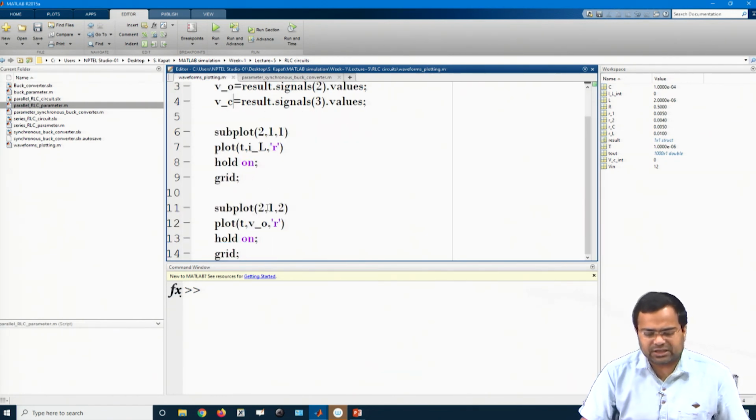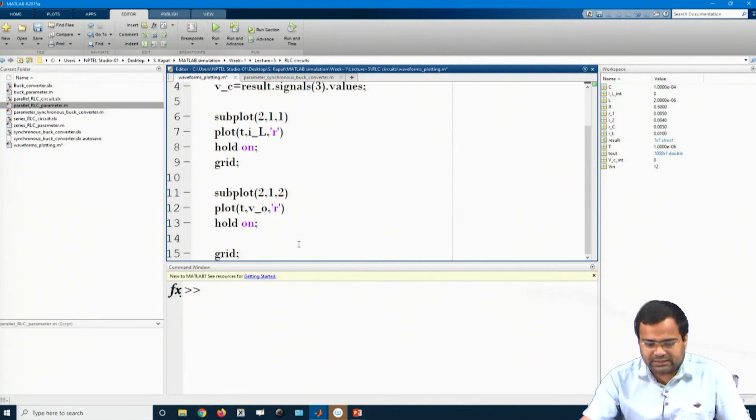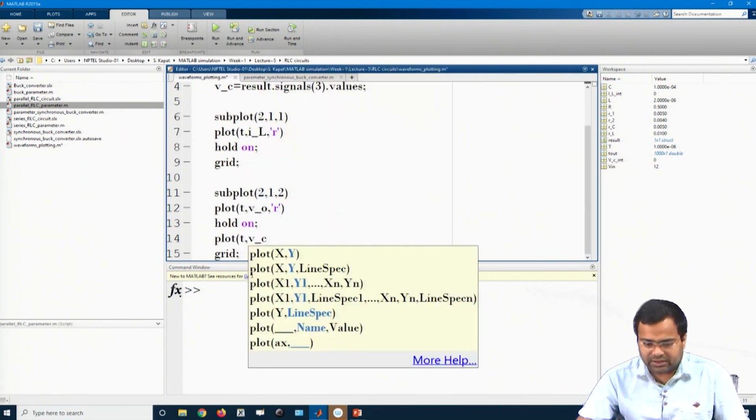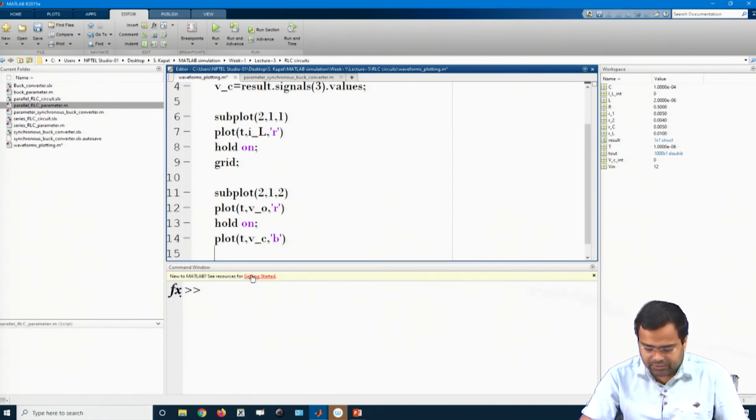So, again we will do subplot. Now, in this subplot 2, we have to plot the output voltage and the capacitor voltage also. I want to show you how the capacitor voltage looks. To see the difference between these two, using a blue color, we can do hold on. Okay.